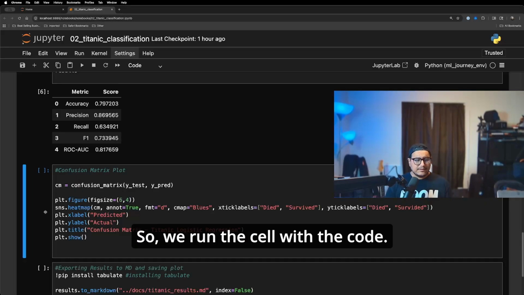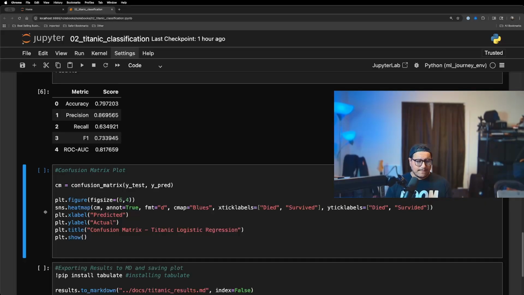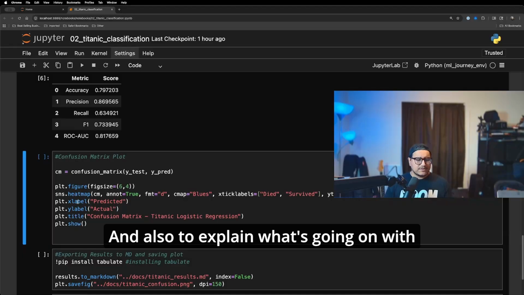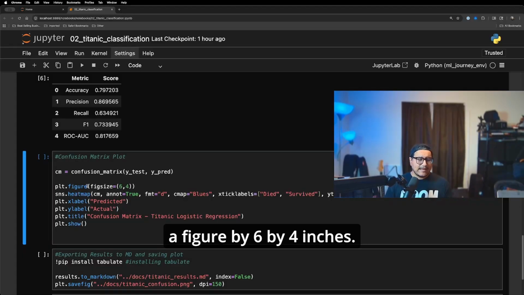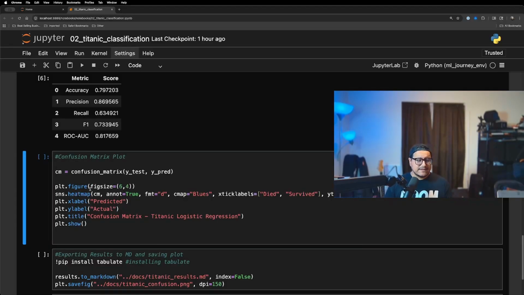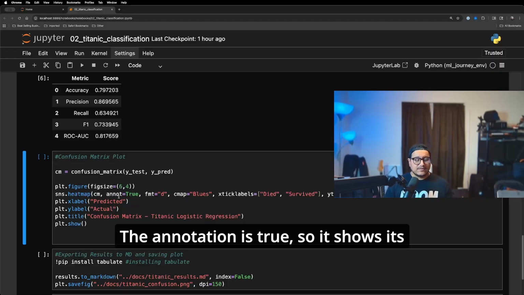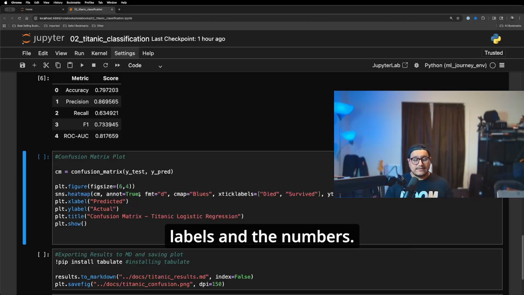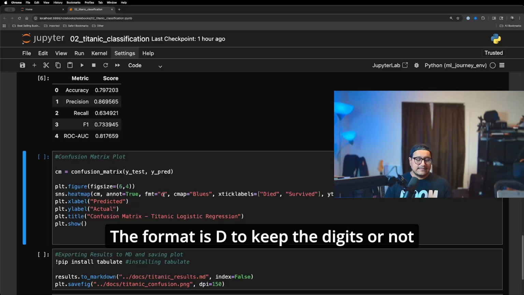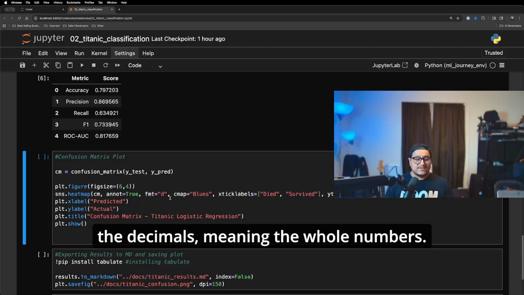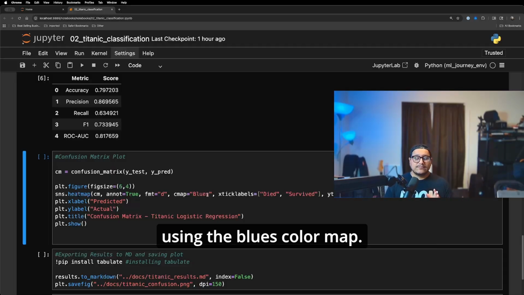Now we run the cell with the code. And also to explain what's going on with the visualization, we have a figure of 6 by 4 inches. We're using a heat map for a confusion matrix, a CM. The annotation is true, so it shows its labels and the numbers. The format is d to keep the digits, not the decimals, meaning the whole numbers. The color map, we're using the blues color map, and the X-tick labels, we're going to use died and survive,